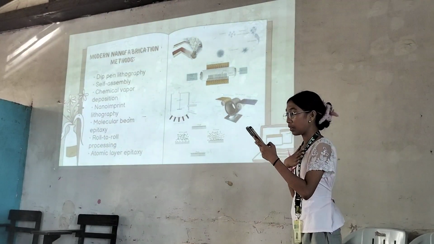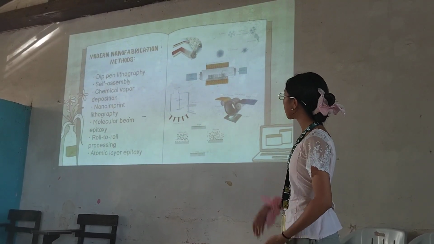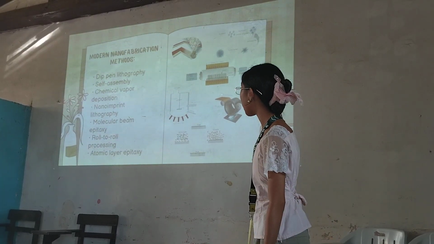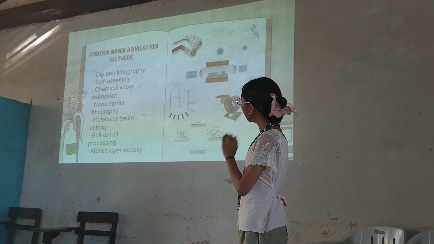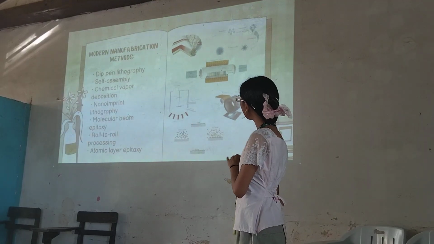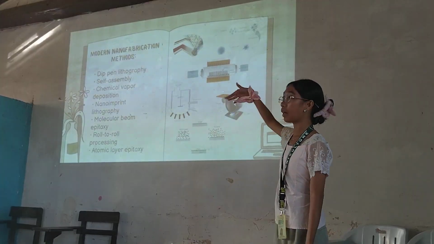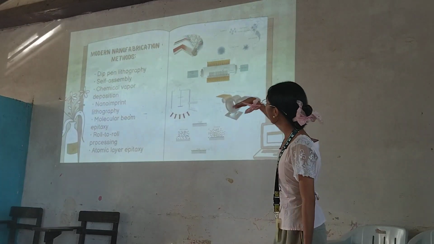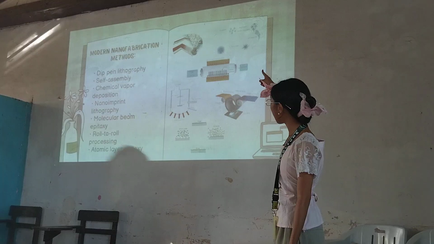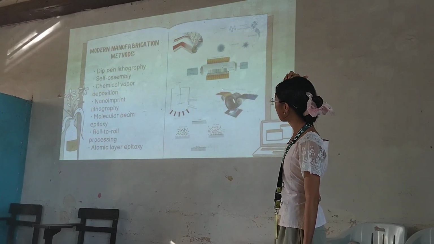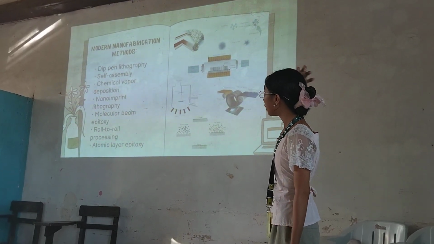Now, let's have the modern fabrication methods. We have eight methods. First, dip-pen lithography, which works like a pen writing at the nanoscale. Next, self-assembly. And then, chemical vapor deposition. And then, nano